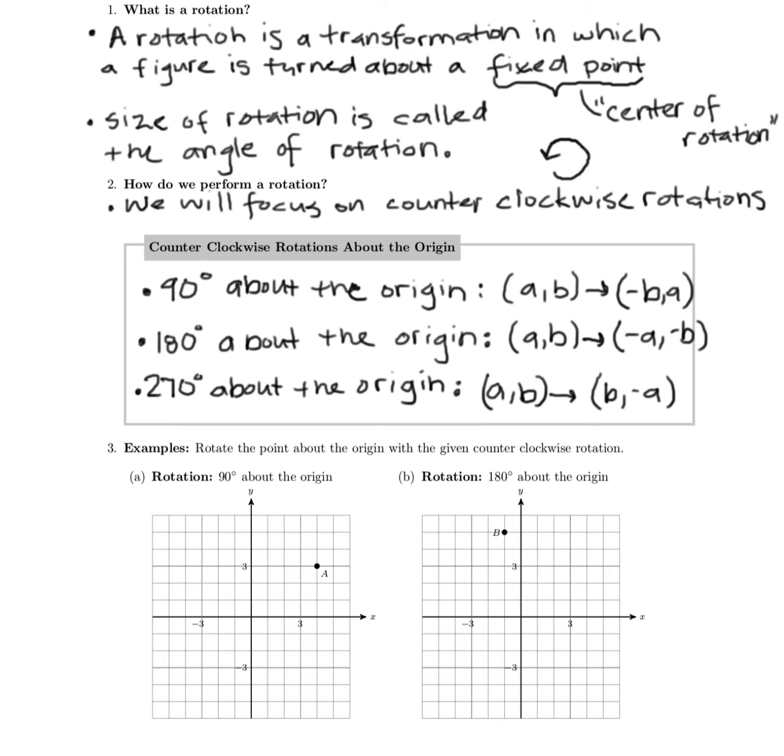All right, so time for some examples. In our first example, we're going to rotate points about the origin with the given counterclockwise rotation. Problem A is a 90-degree rotation about the origin given the point A. The first thing I want to do is make sure we remember the rule for 90 degrees. So I'll write this down. This is the 90-degree rotation rule. That's when you go A, B to negative B, A. So A comma B turns into negative B comma A. Essentially, we take the second number, take the opposite of it and put it in the front, and take the first number exactly as it is and put it